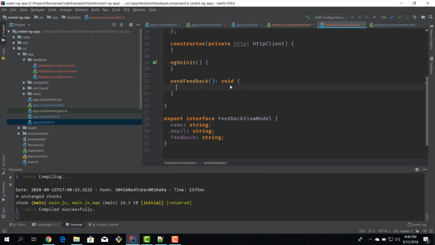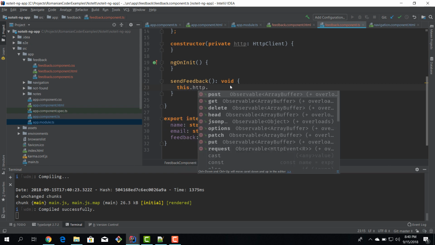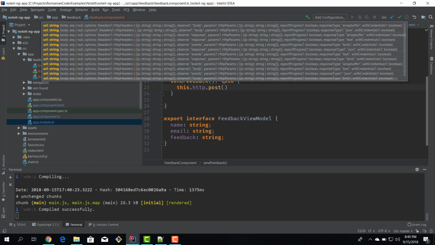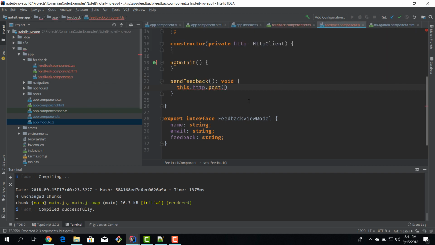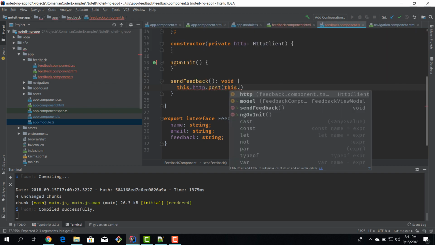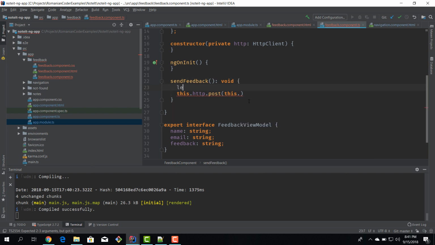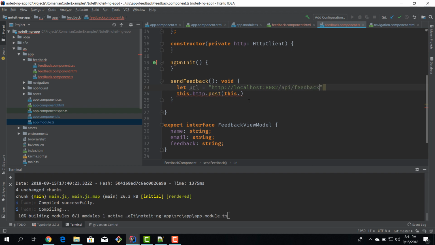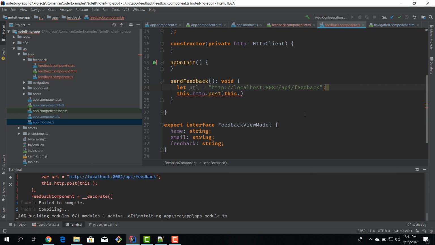So what we have to do is, okay, we can call the HTTP client, and we can say post, because on the backend we have a post method, and we have to send in the URL, which we didn't define yet. So let's do that. So our URL is http localhost 8082-api-feedback. So basically the URL